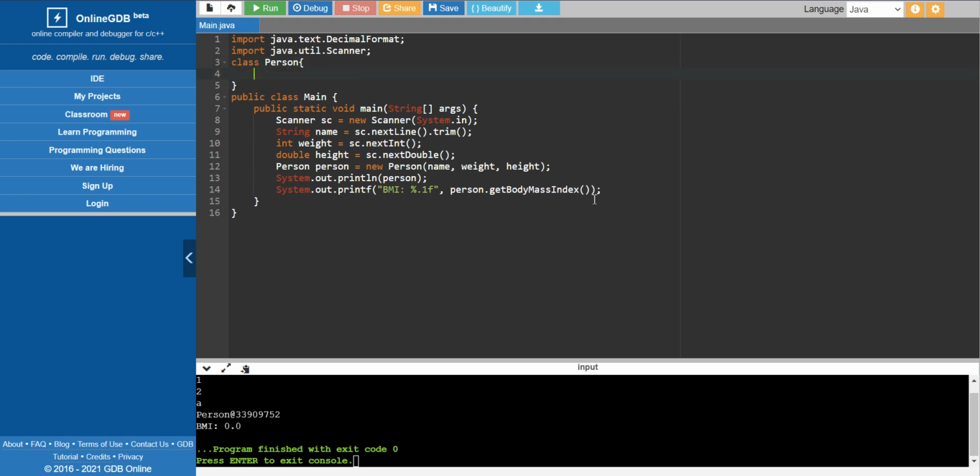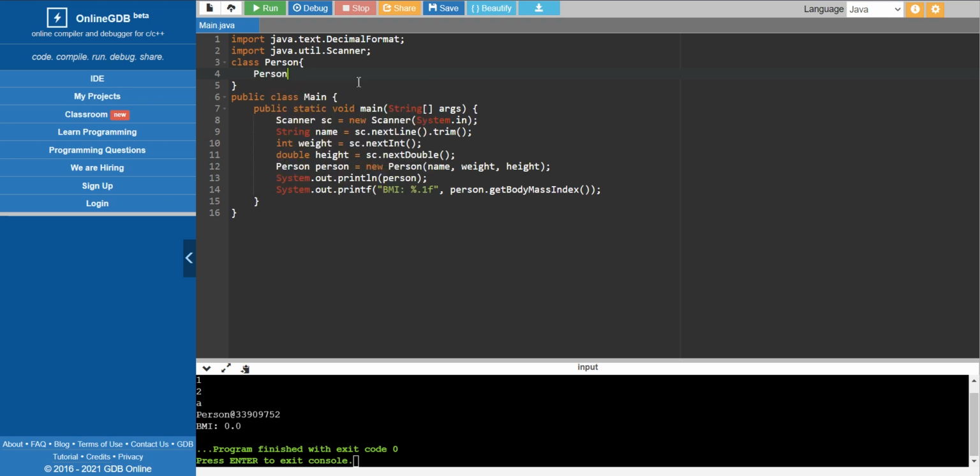Person. And then here they have created this Person object with 3 parameters, which is nothing but name, height and weight, right? So for that we have to create a constructor, which is a special function that doesn't have any return type and has the class name itself.